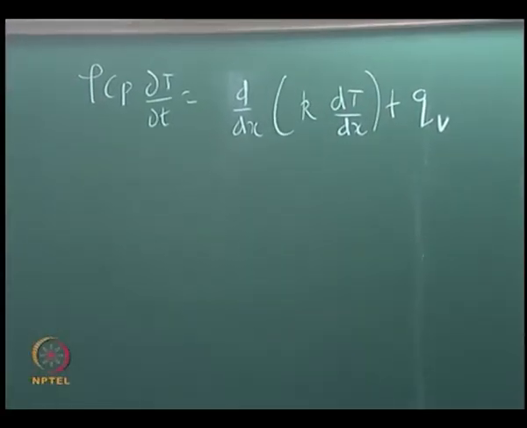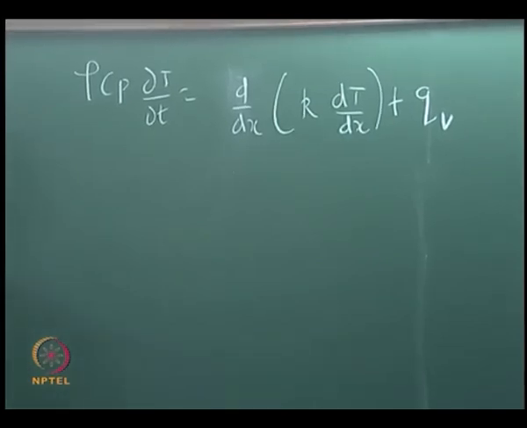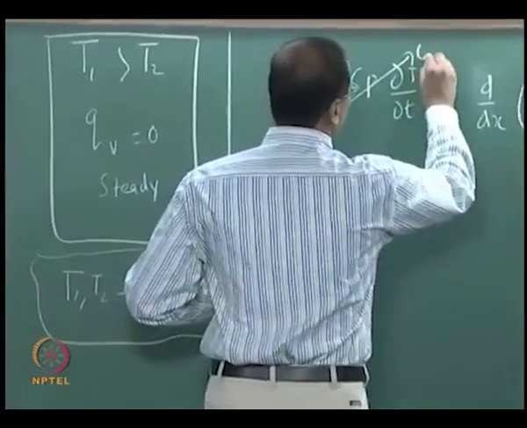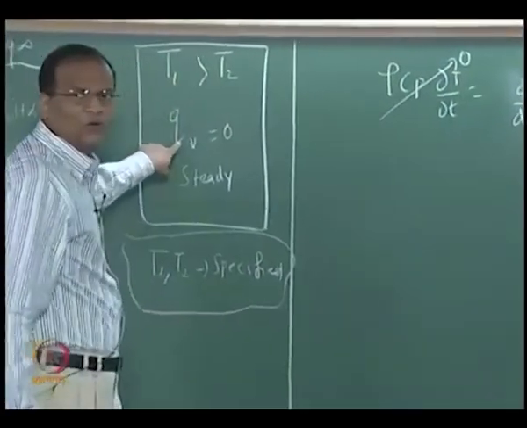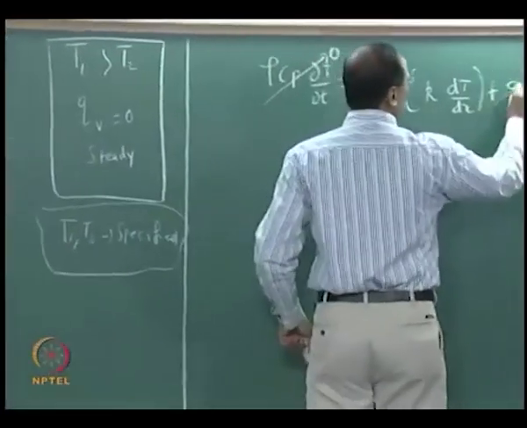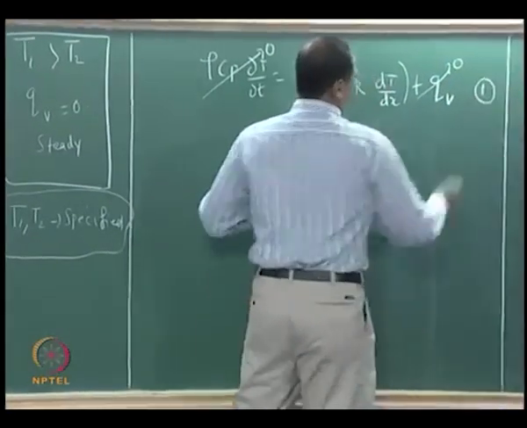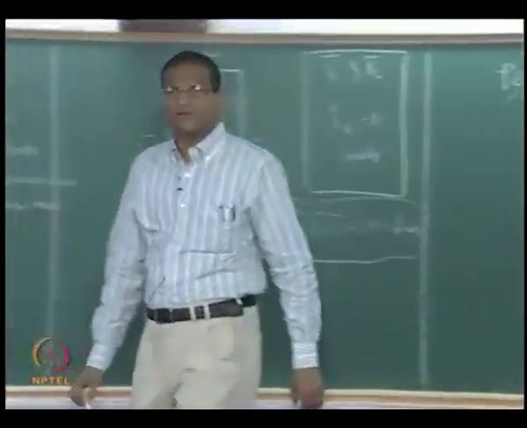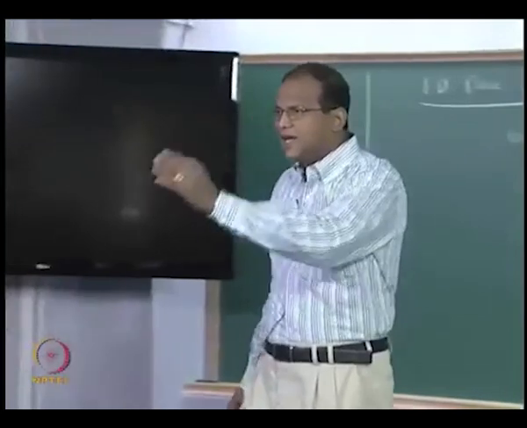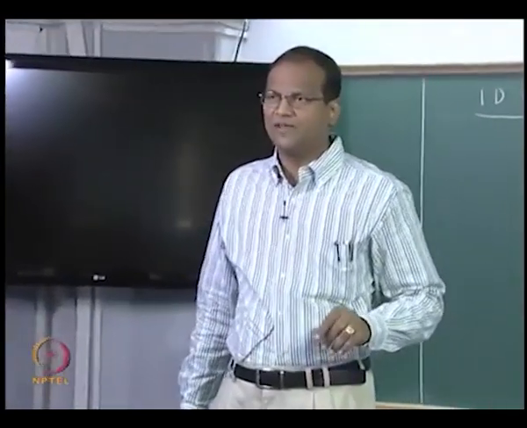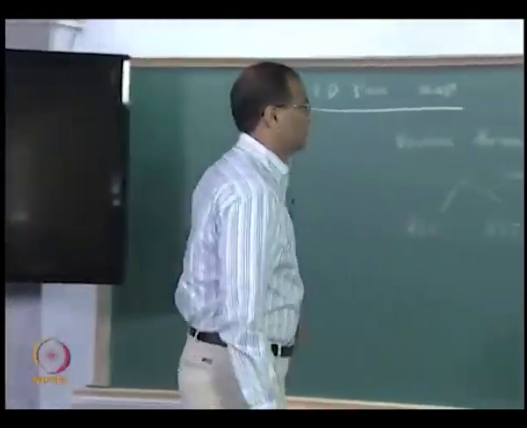Whichever you prefer, basically it is watts per meter cube. Now I told you it is steady, so this term gets knocked off. I also told you q equal to 0, so the two terms get knocked off. Unfortunately I cannot take k out of the differential because k is a function of temperature. Therefore